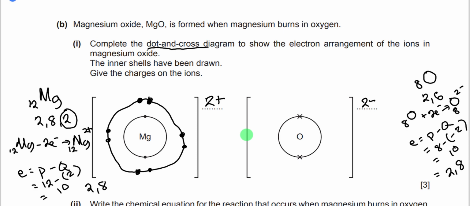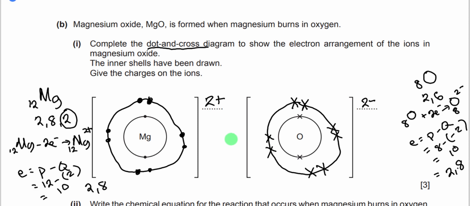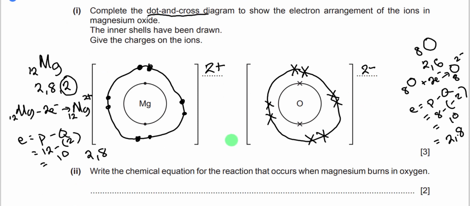The inner shell has already been drawn for us, so you have to complete the outer shell. Since there are just 2 shells, you complete the outer shell, and there are 8 electrons in the outer shell, and we are going to use the cross symbol to complete that. Good. So we've answered that question already. 3 marks: 1 mark for the correct charges, and 1 mark each for the correctly drawn outer shell of magnesium and oxide ions. And of course, correctly drawn means using the correct representation, the dot for magnesium and cross